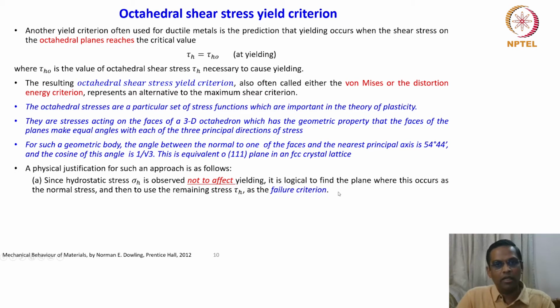So what does it say? We have been now saying that the hydrostatic stress is not going to contribute to the yielding. So in a total stress, if you recall that we have looked at one particular lecture exclusively, how to separate this hydrostatic component of a stress and a stress deviator, right? So here exactly we are using that stress deviator. We are talking about nothing but a stress deviator here, which is very useful now.